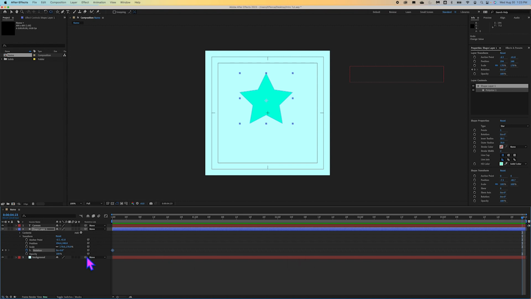So again, remember with keyframes, we need to have at least 2 points assigned, point A and point B. We have A right here. So I want this to rotate 3 times. I'm actually going to use my amount of times 0 instead of how much we're rotating. This is how many times we're rotating. If you click on that, you're going to see it highlights the 0 and turns blue. And if you just type 3 in and hit enter, you're going to see another keyframe pops up at the